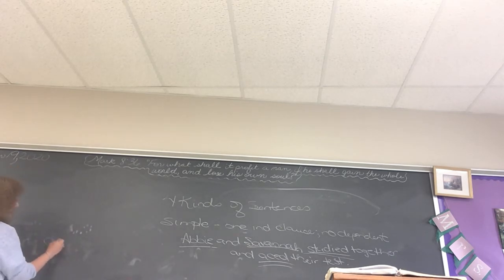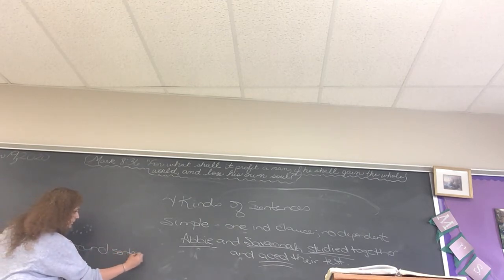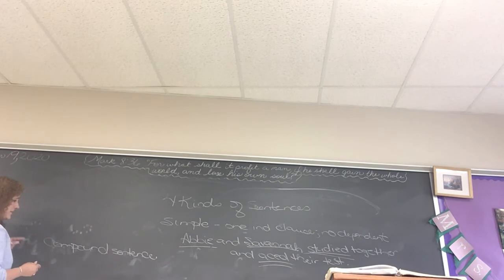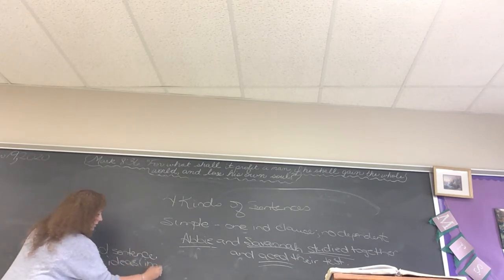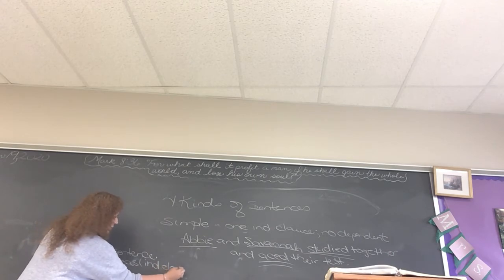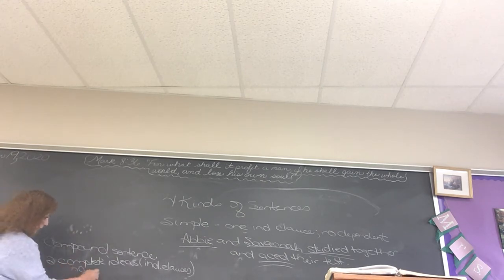The next one that you, if you had grammar in elementary school, you learned about, probably didn't hit this till maybe 4th grade or so, as far as having to label it as such, is a compound sentence, okay? The compound sentence is 2 complete ideas, 2 independent clauses, at least 2. It's usually just 2. If you try to do 3, it usually ends up being stringy and not sounding very good, okay? But still, no dependent clauses,